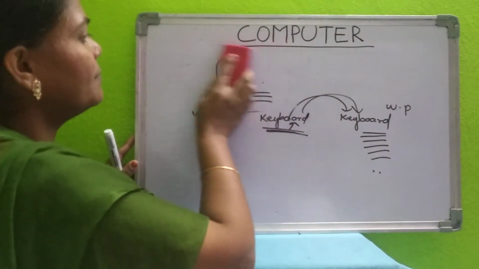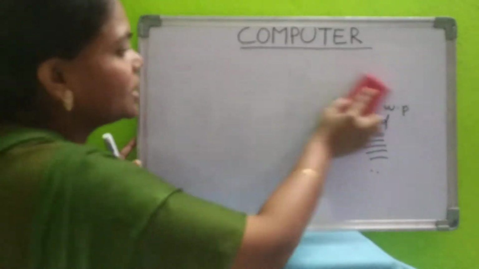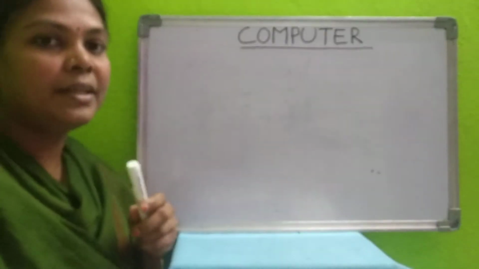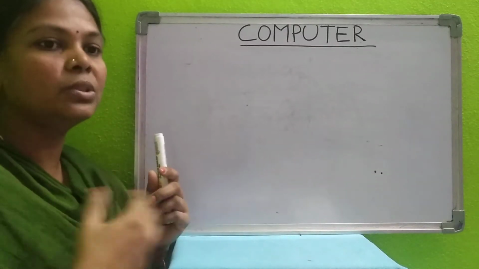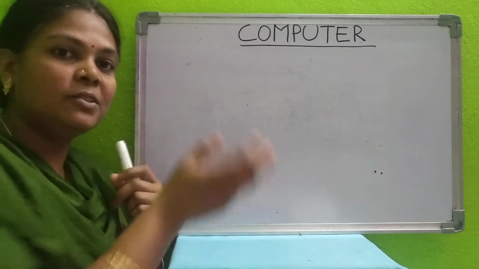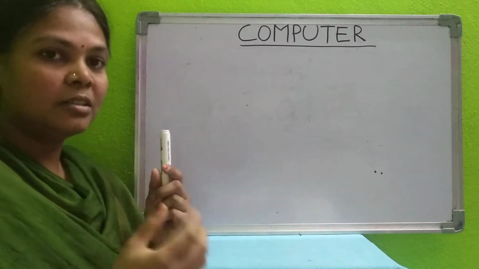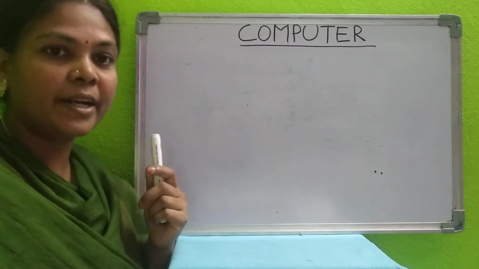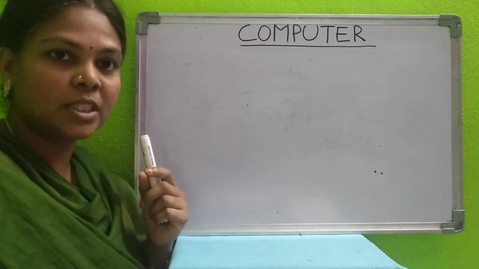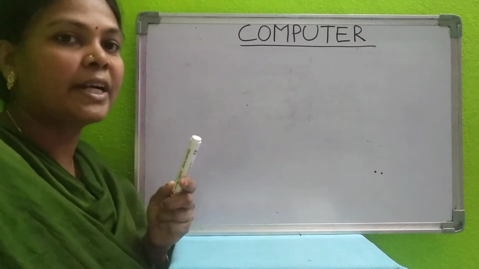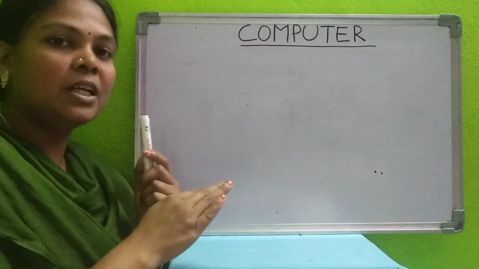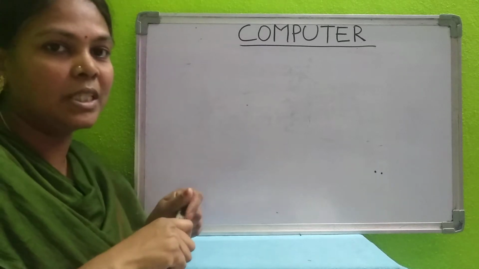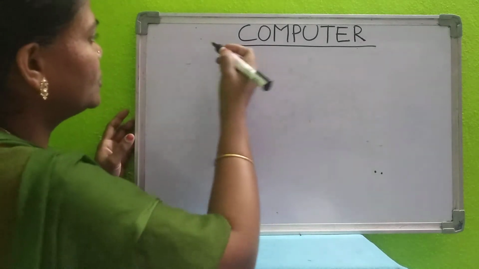So what is our lesson name? Hypertext Markup Language. Introduction to HTML. So how to write the coding? What are the tags we use and how will we write that information using HTML in the web page? In the back end it is HTML coding. The front end is what you are reading as information or what you are watching as video. That is called the front end. In the back end we will learn what the coding is, how to write it, what tags we use, all those we will learn now in this lesson. So it is our lesson name, Introduction to HTML.